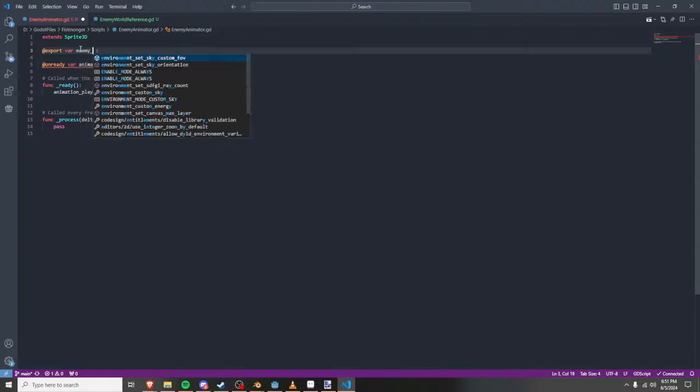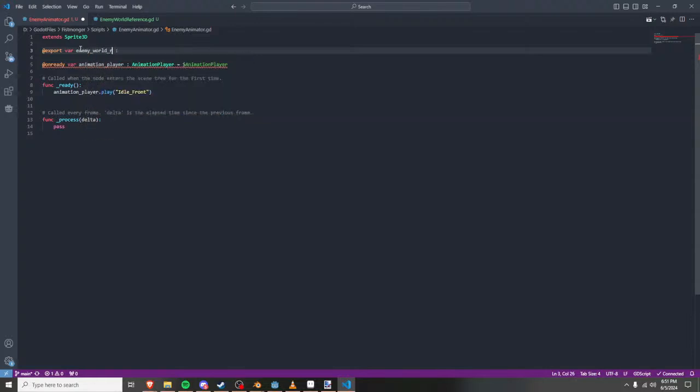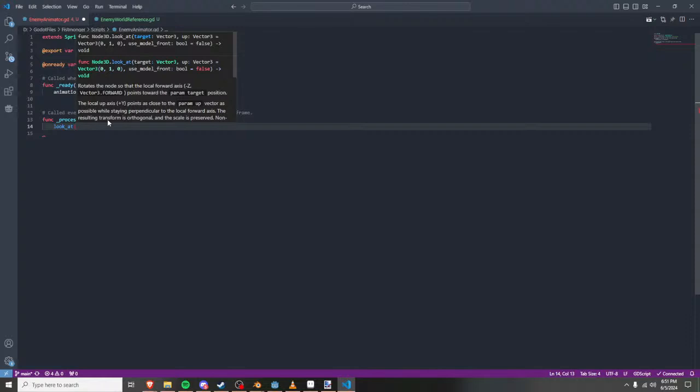What is this going to be named? Enemy world ref. Enemy world reference process. We want to look at. And then we're going to need,